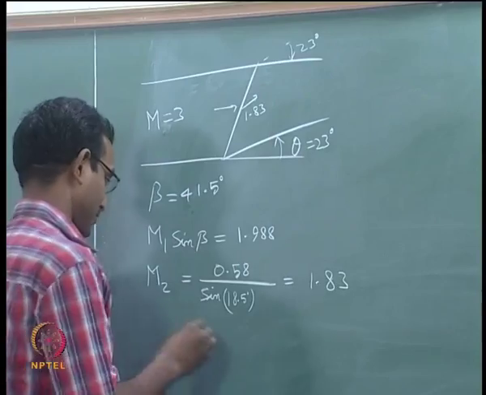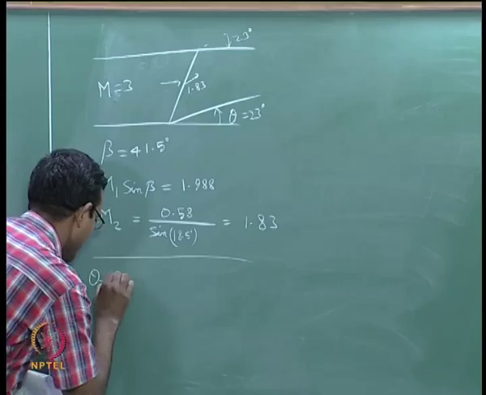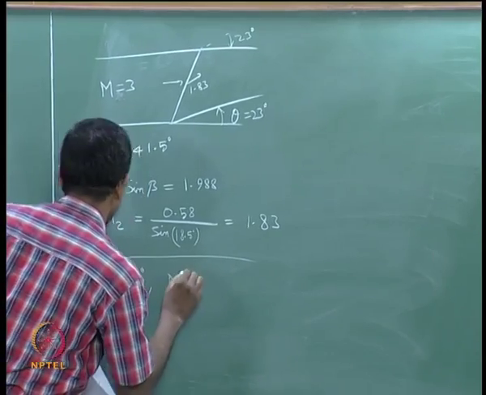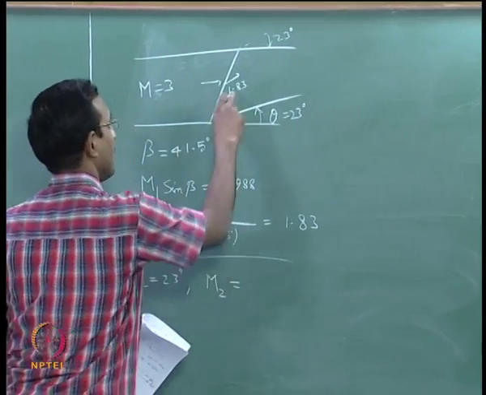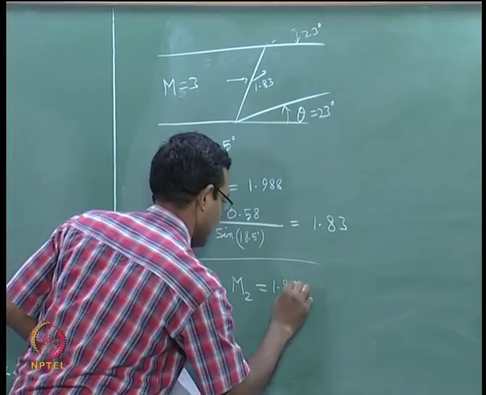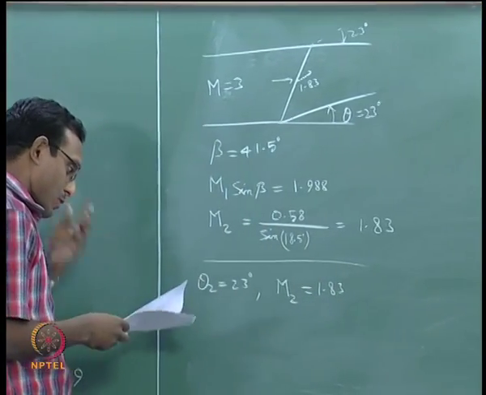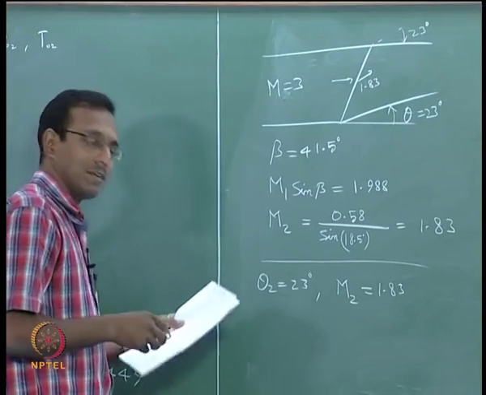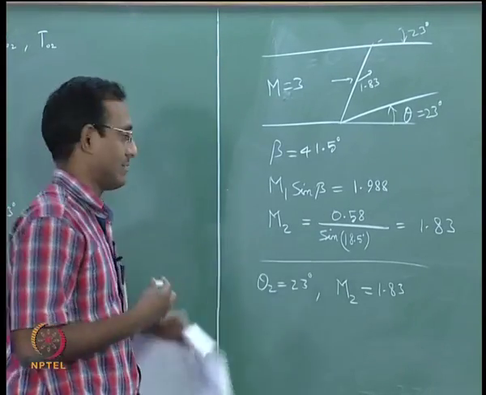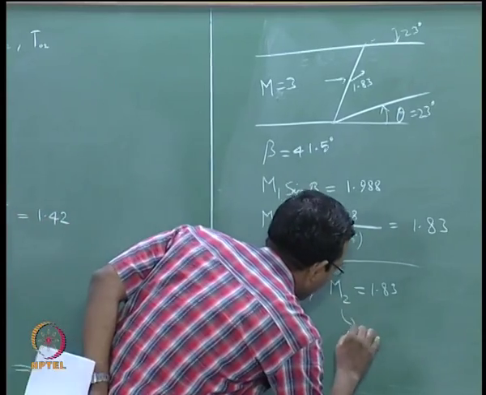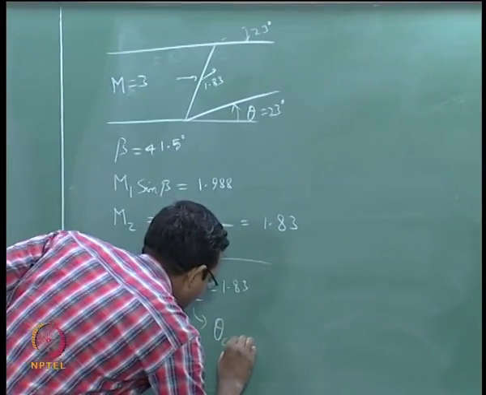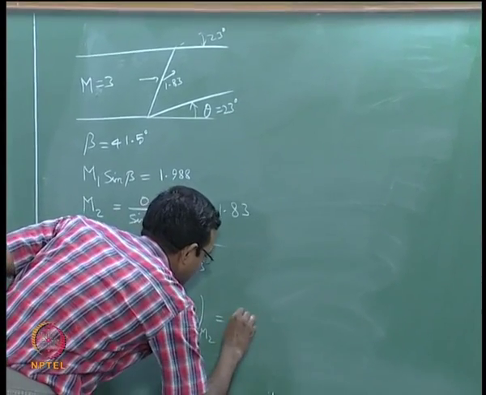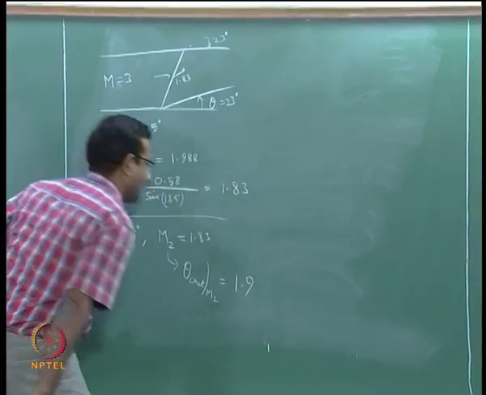That is your theta 2 now. Theta 2 equal to 23 degrees, and my M2, the Mach number here, is 1.83. Now if I look at this particular problem, it so happens that this is past the critical angle. For this Mach number, theta critical for M2 is of the order of